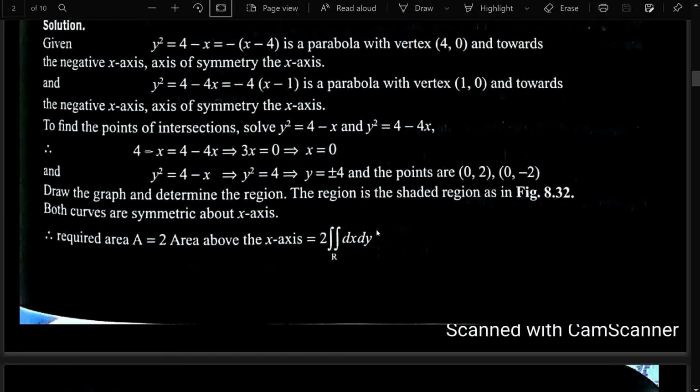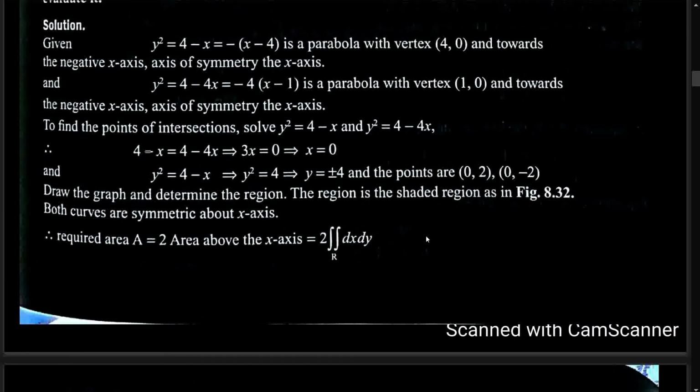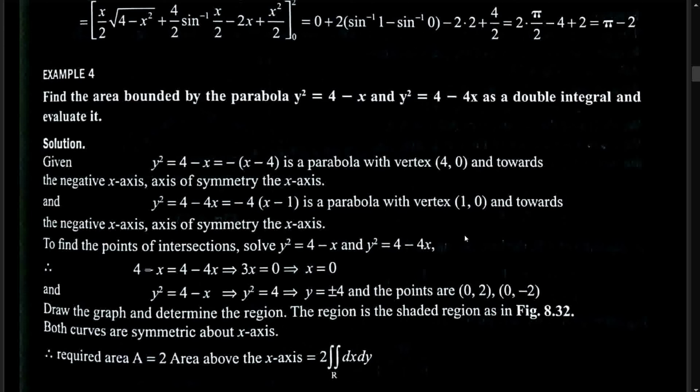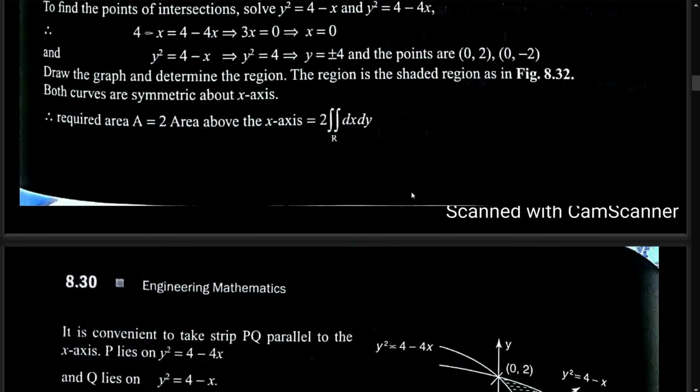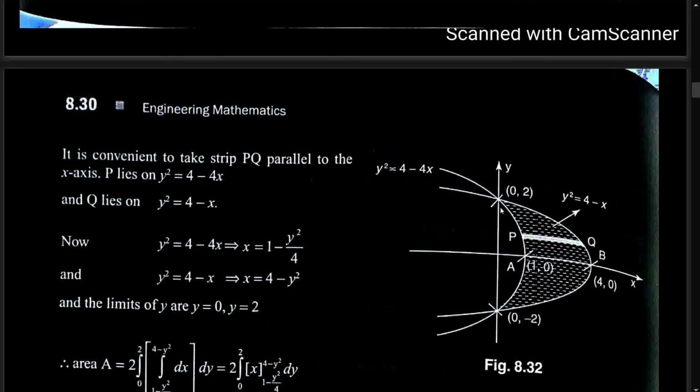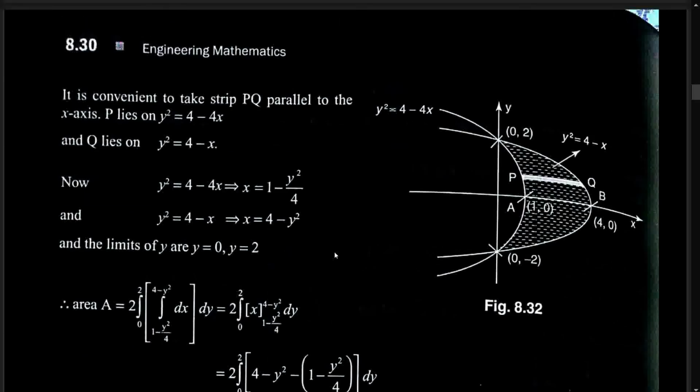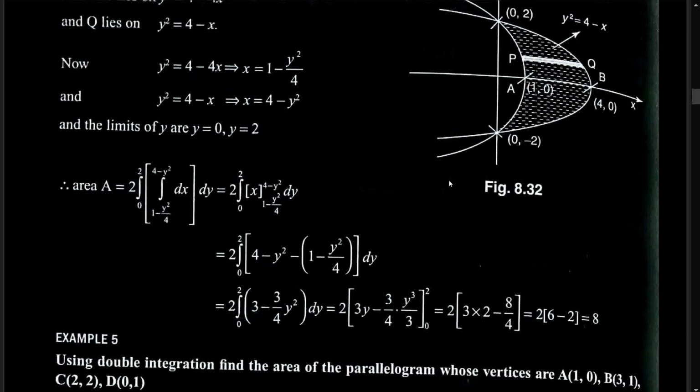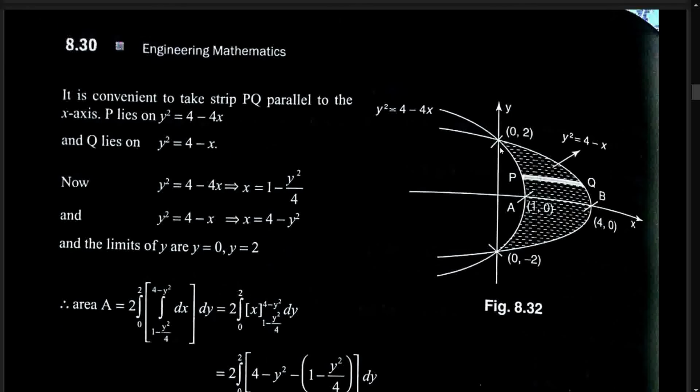Again, I'm saying that there is a separate video for this, how to trace the parabola with the equation in Cartesian coordinates. So just go through the video so that you can find how the parabola looks. There are some simple formulas to find out how it looks in a graph, so that we can roughly draw it. After drawing it roughly, take a horizontal strip, and you have to know where it